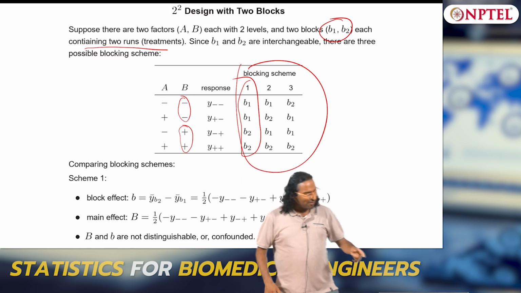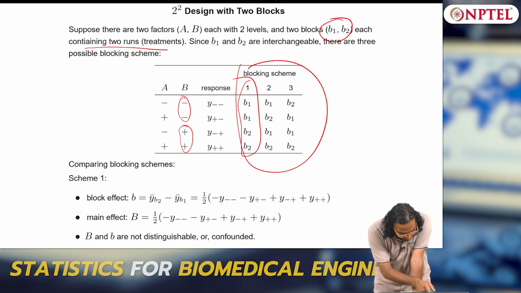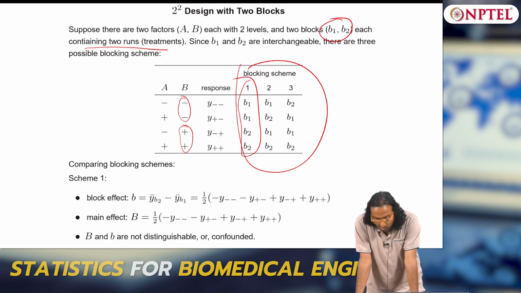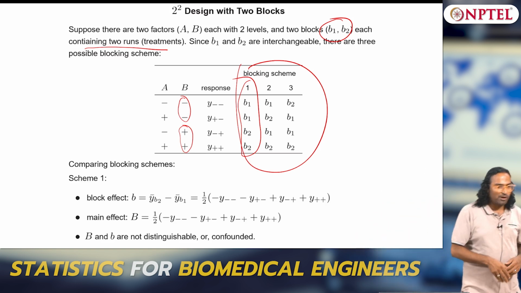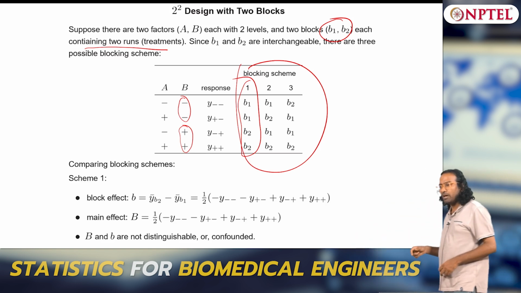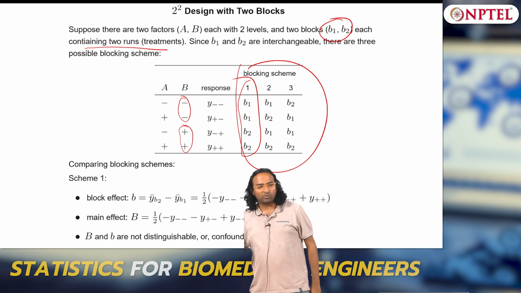You see here B1 is pertaining to B negative, B2 is pertaining to B positive, and in the second column B1 is pertaining to A negative and B2 is pertaining to A positive. The third column is neither one of them. B1 contains both A positive and negative, and B2 is also applicable when B is positive and negative.